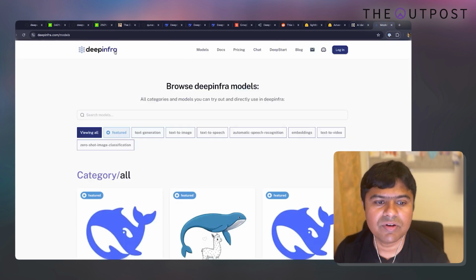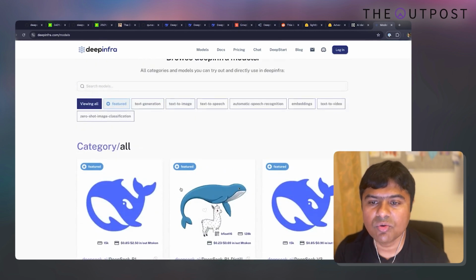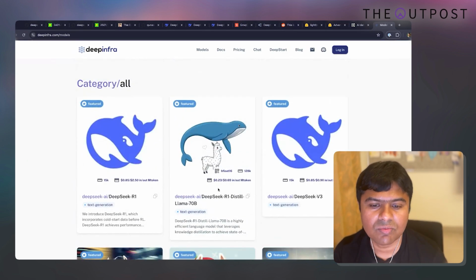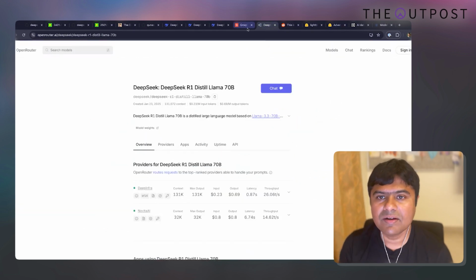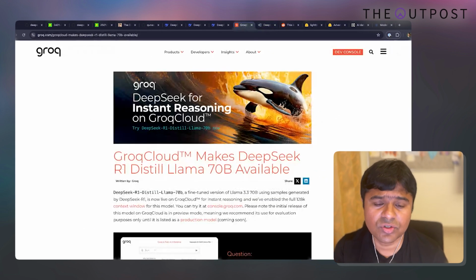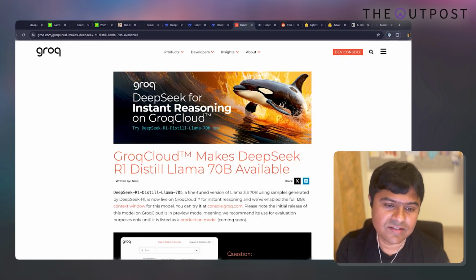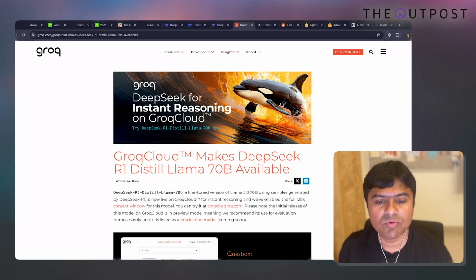Over here, we have Deep Infra, which is not a Chinese company. You can see all the open source models that they run, and you can see R1 distilled, like Llama 70B. So all these models are available. You can see the pricing, compare it, and then make a decision. Or you can use Groq, which is based in the US, based on your geographic location, regulations, etc. You can actually choose a data center that's relevant to you, the pricing that works for you, and then you can choose where to host this.